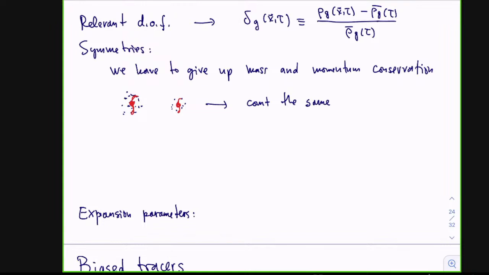And the equations of motion for dark matter didn't have many free parameters simply because some of the symmetries were fixing a lot of coefficients in the equations of motion. They were not allowing them to be different. Now here, of course, things will be very different. We're going to end up having many more free parameters simply because we are giving up one of the most important symmetries. The second thing is that